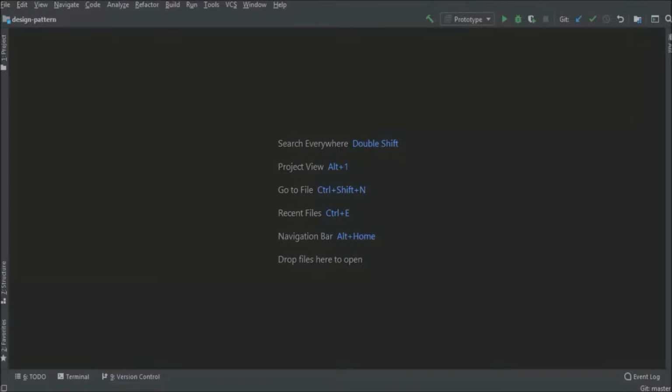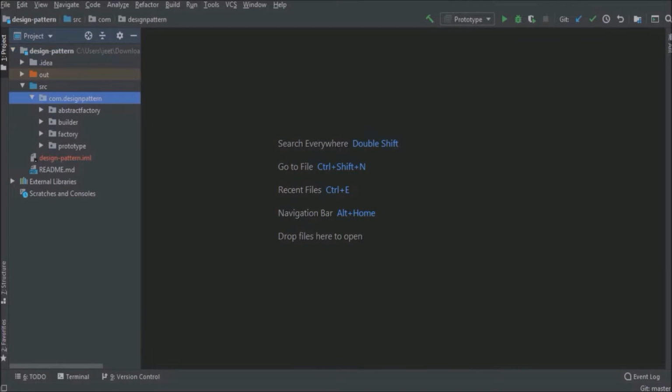Let's implement. I will explain quickly what we are going to develop. We will create the employee class and two observers, manager and HR. When the employee's salary is incremented, the code will automatically notify the observers of the salary increment from the old salary to the new salary. Then all the observers related to that employee will get the notification.